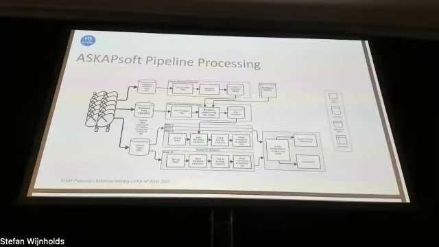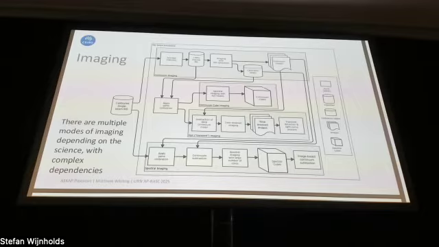When we take that, we process it largely separately per beam for much of the workflow, making images of each beam and then bringing them together in mosaicing to form the image of the full field, and then running source finding and validation and so forth before it goes into CASDA. So relatively simple, you might think, but this box, imaging, contains multitudes. And this is where the complexity lies.